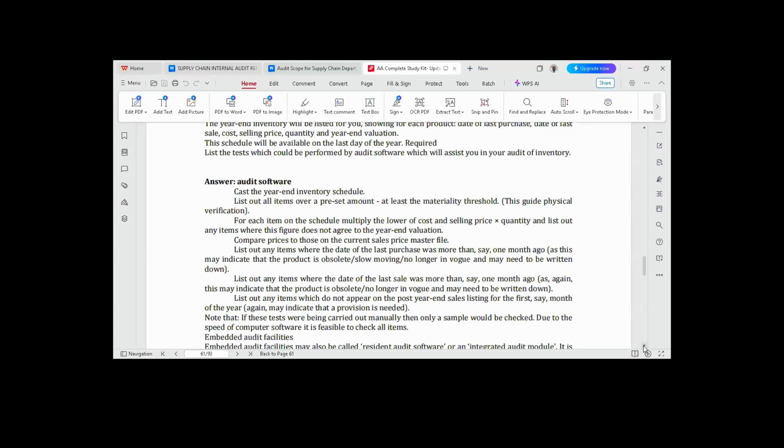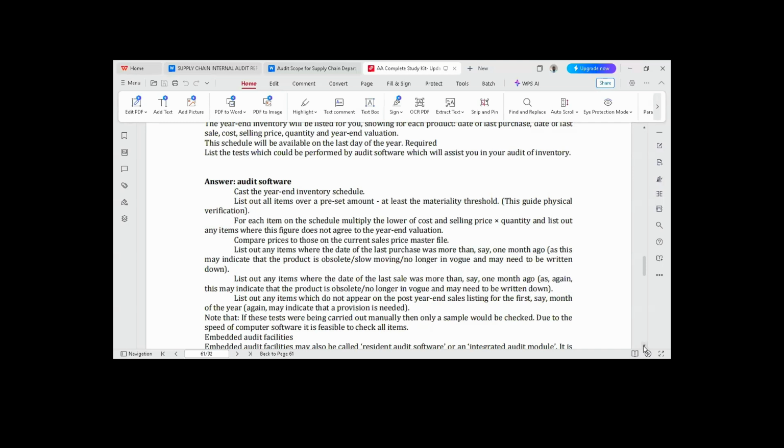Then the next thing you need to do is list out any item which do not appear on the post-year end sales listing for the first month of the year against what? Against any provision made. So what you are trying to do is that you want to be sure that the closing balance, okay, for the year end is the same as the opening balance for the coming year, because there might be some disparity if it's not